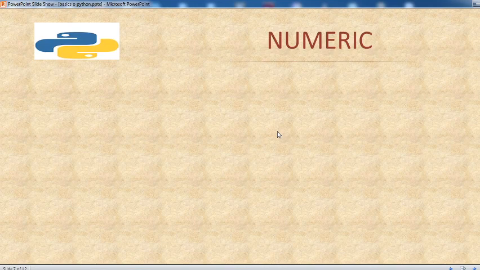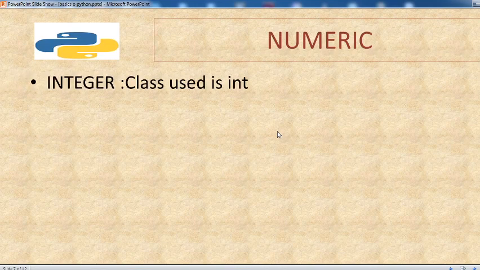In the case of Python, you need not mention the data type of a value. As soon as you assign a value to a variable, Python automatically interprets the data type of the value, and that data type is assigned to that particular variable.